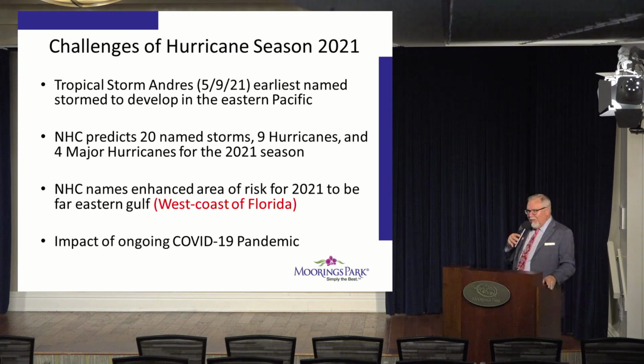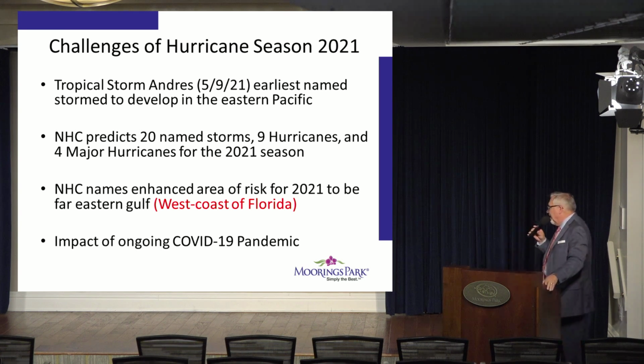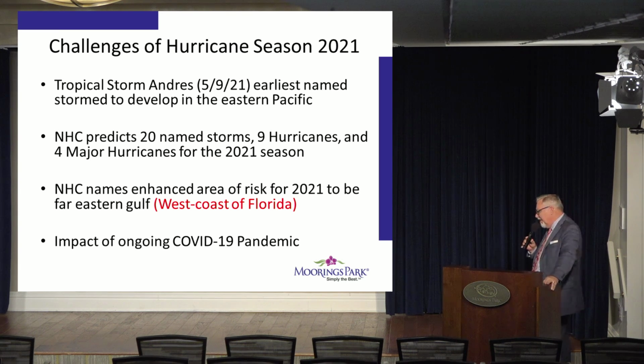I started this briefing by indicating that the hurricane season starts on June 1st and ends on the 30th, but I also made a note earlier that we can have activity prior to June 1st, and if you look up here, you can see that on the 9th of May, we already had Tropical Storm Andres, which is the earliest storm to develop in the Eastern Pacific. So it gives you some indication that we can't always go by the general rule of June 1st to November